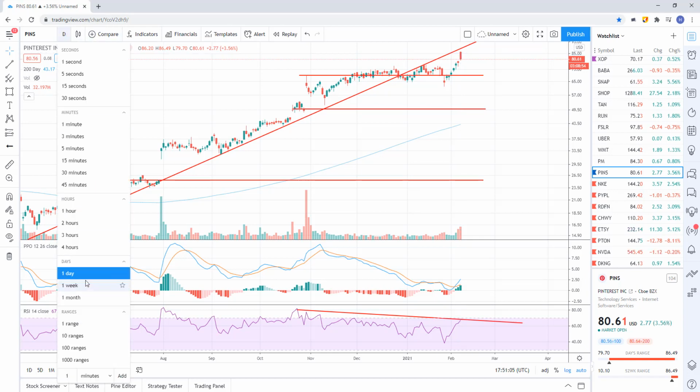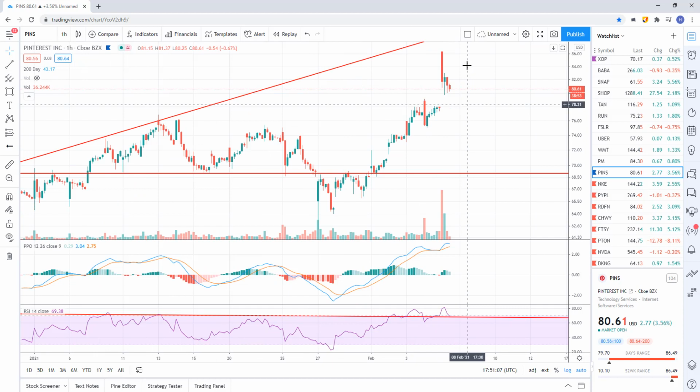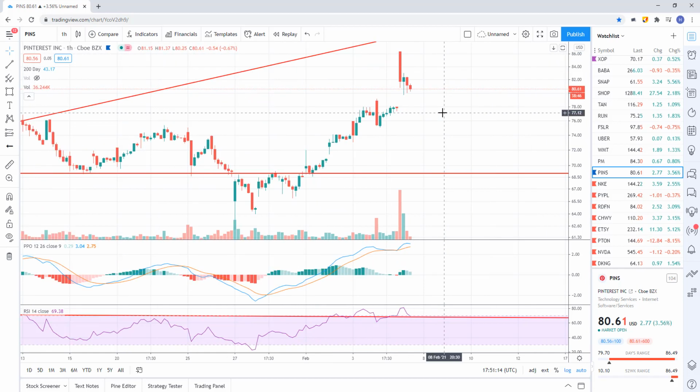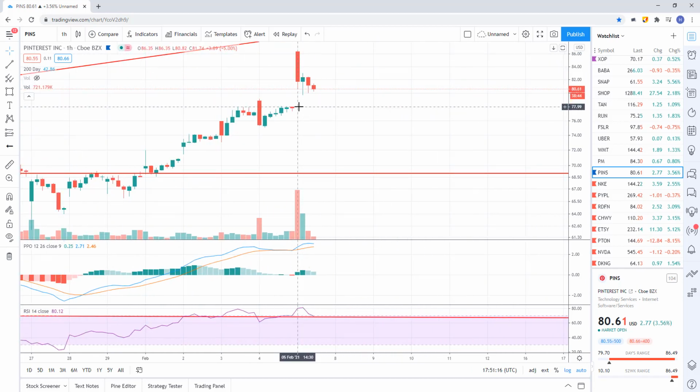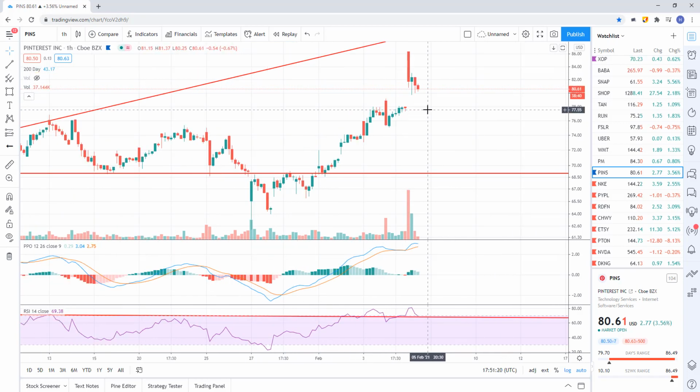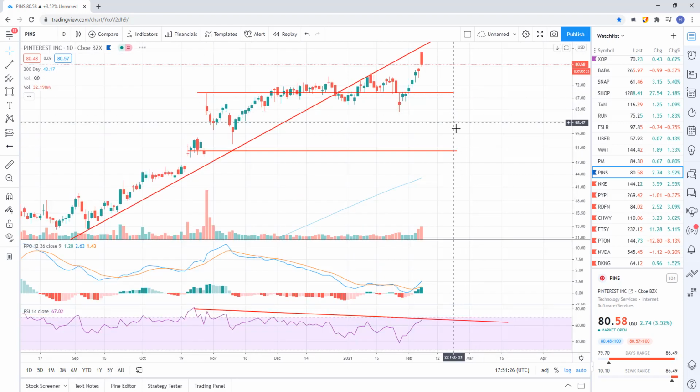And the way I played that is, as it opened up, I kind of watched it, saw it started to pull down, took the short, and then as it fell down and started to get close to this gap right here, I covered half the position, and now I have a half a position that I'm looking to actually hold for a swing trade. So looking at the daily here,